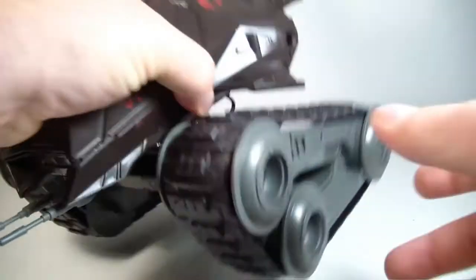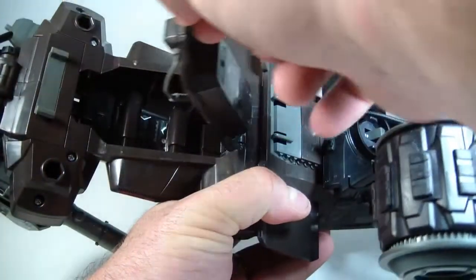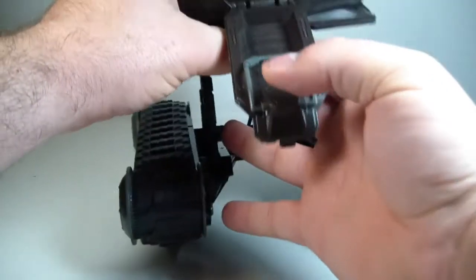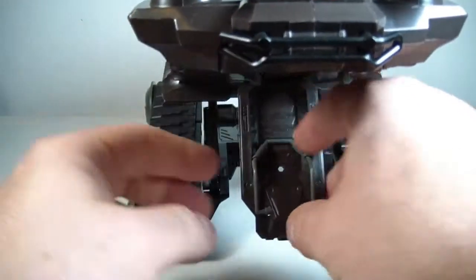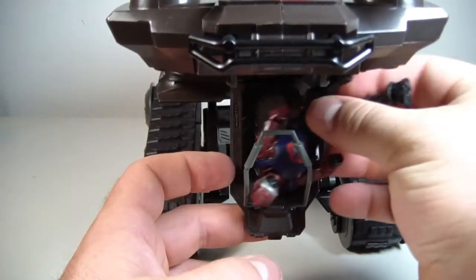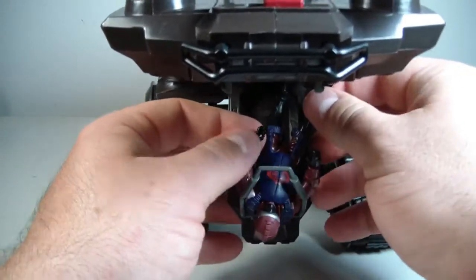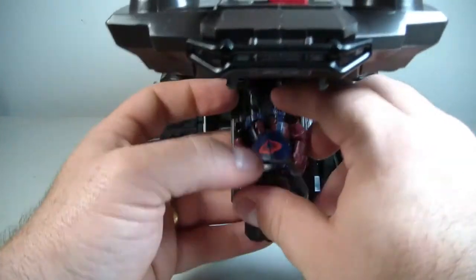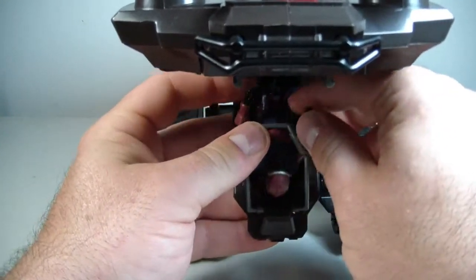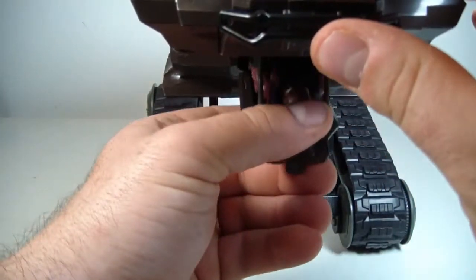Now, talking about the back, let me just get this into drive mode because it's the easiest way to accomplish this. There is a back hatch for a gunner. Now, to get the gunner in there, you simply want to open this up, and you almost want to put him upside down. If I can get his legs to do what I want. There we go, and now he's holding on. And then you simply just...